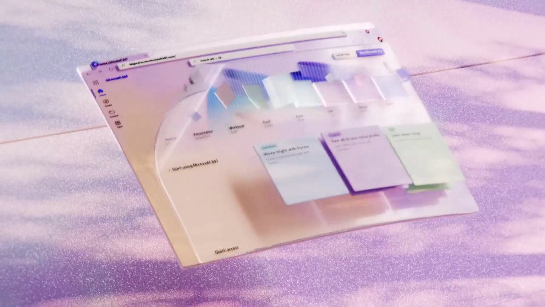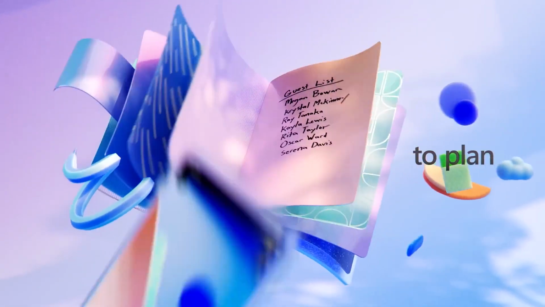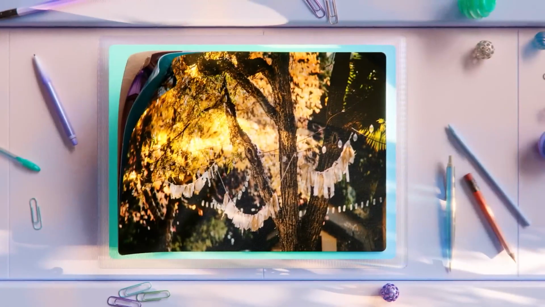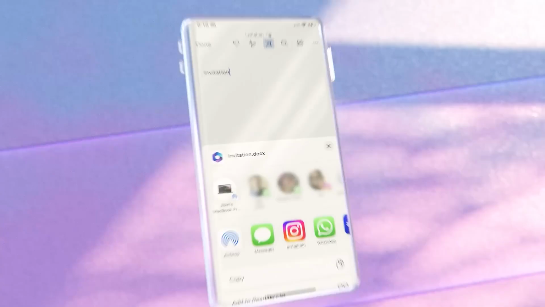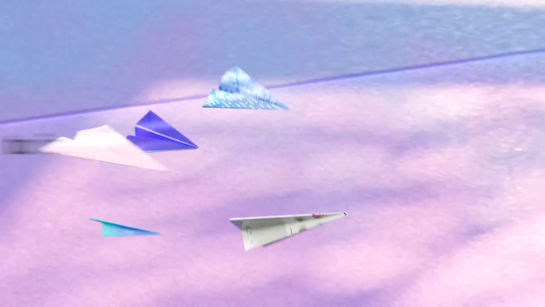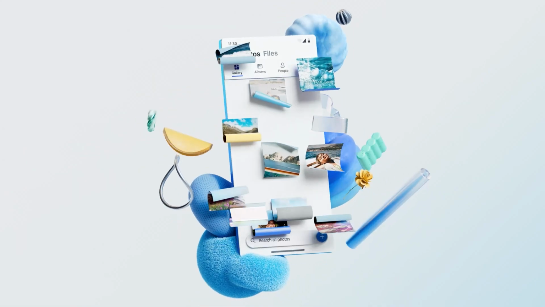One of the biggest benefits of Microsoft 365 is its seamless integration across platforms. I can start a document on my Windows PC, edit on my Android, and finish it on my iPad without any hassle. I can respond to emails on Outlook, capture my thoughts on OneNote, all while benefiting from robust security that protects my data across devices. Plus with OneDrive, all my files are in the cloud, so I can access them from anywhere.